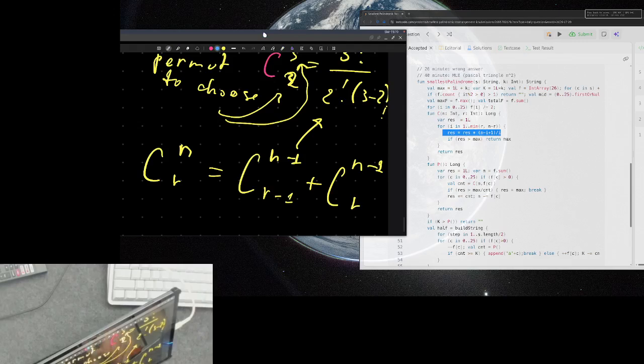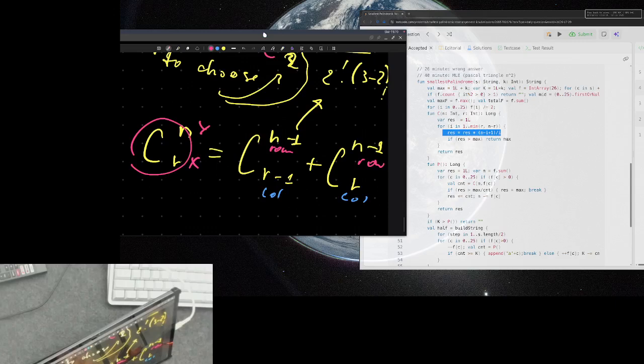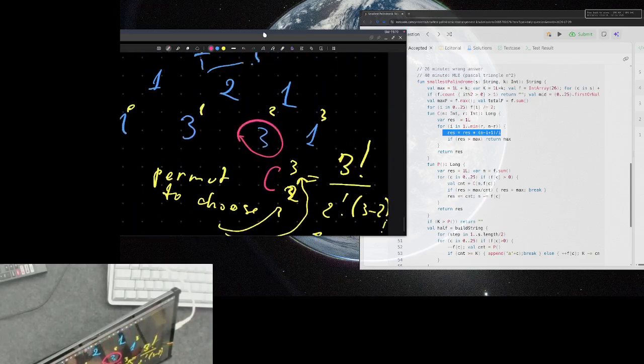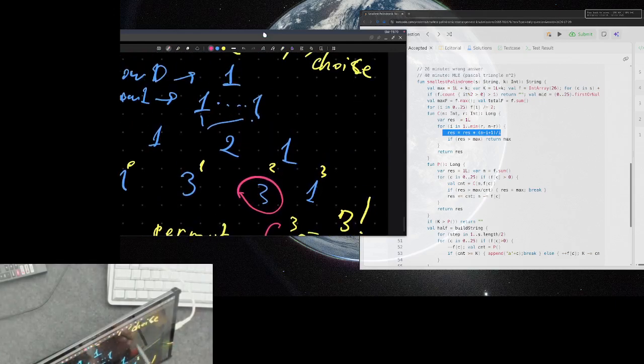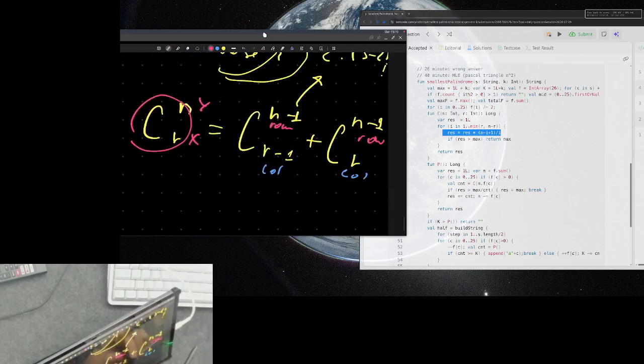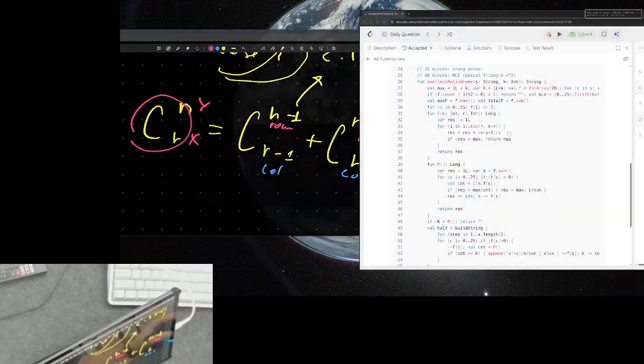So this is a column, this is a row. Basically this is just x y coordinate, this is y coordinate, this is x coordinate. It's just notation. It's not very hard if you assume this is just 2 coordinates and that's all. But this is not just coordinates, it's coordinates in the Pascal triangle. Okay, and what makes it work is that